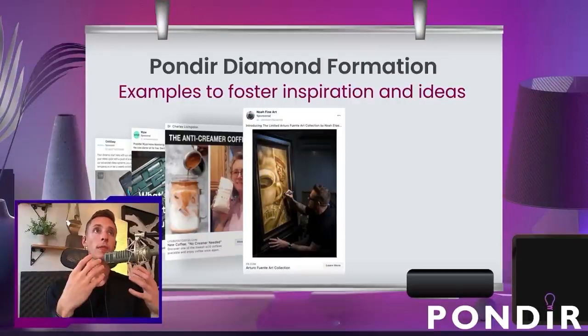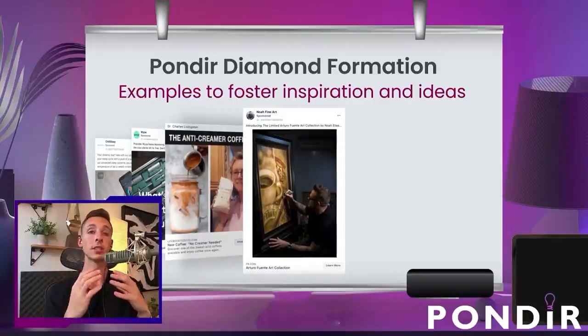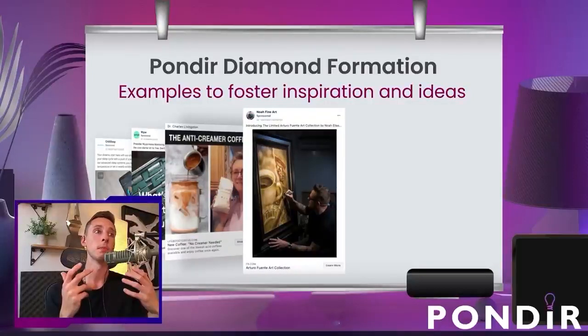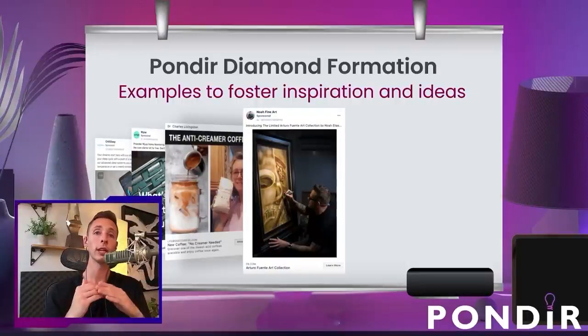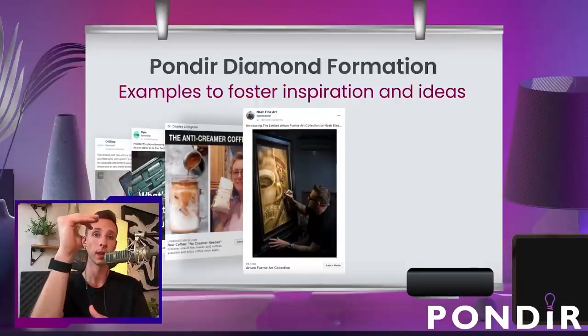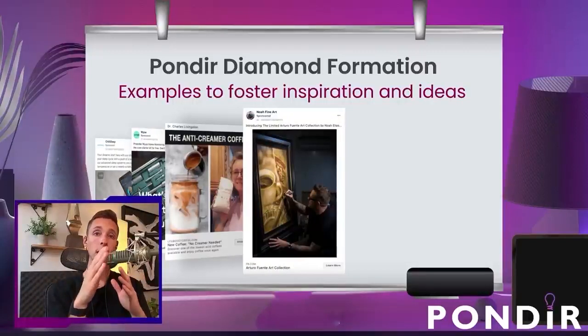And then in the form of education, it's a very different angle with artwork, because unless you're teaching artists, you're not really going to be able to educate unless you can provide some unknown details. So one thing that I did with this is, you'll see how all of these other ads have the domain name of the landing page, whereas with this one, it says fb.com, facebook.com. So what I did here is I used an instant collection, and I will show you how to do this inside of Facebook ads. But basically what happens is, when you click learn more, it doesn't leave Facebook. It just pulls up a collection of all of the different Arturo Fuente art by Noah